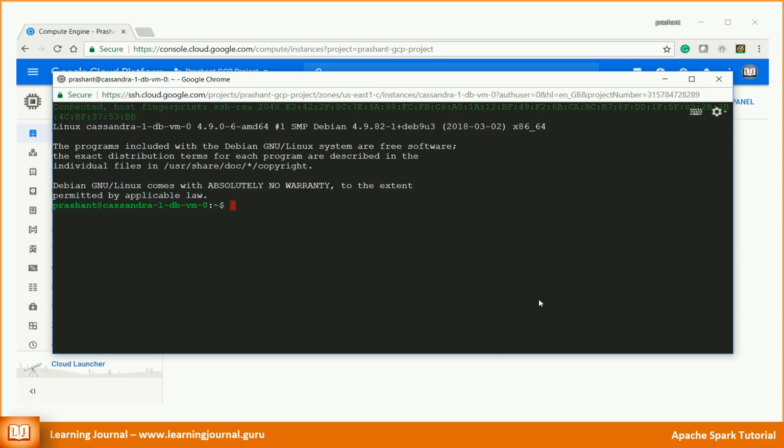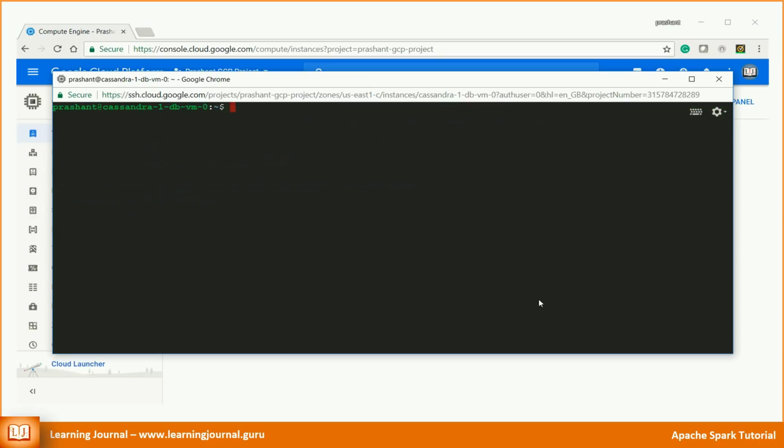Before we start connecting to Cassandra, I want to clarify two things about Cassandra database. Cassandra has the concept of a key space, which is similar to a database in relational databases. A key space is a level where we define data partitioning and replication strategy. So, I don't recommend creating a key space on the fly.